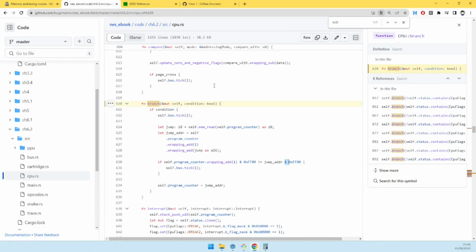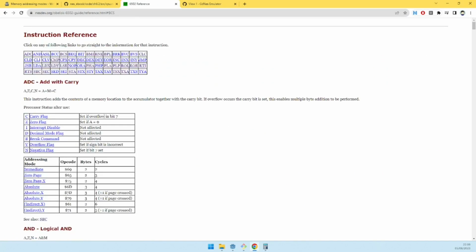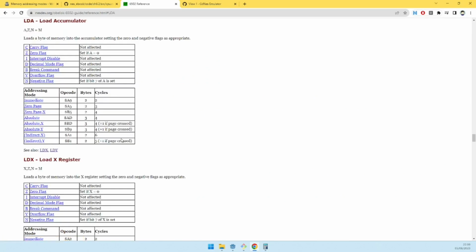And let's search for LDA to see what are the conditions that cause the extra cycle. Okay, so there is a page crossed. So what is a page cross? Okay, a page cross would be with the indirection. So it takes the absolute. In this case,